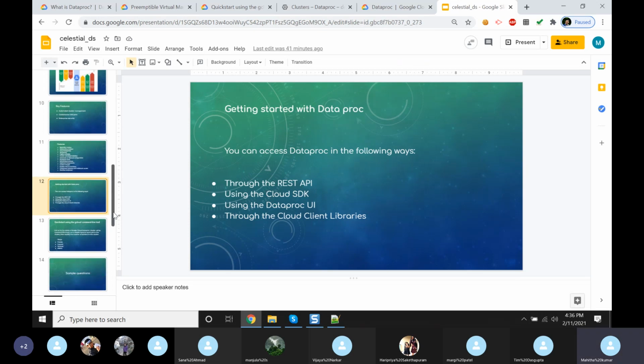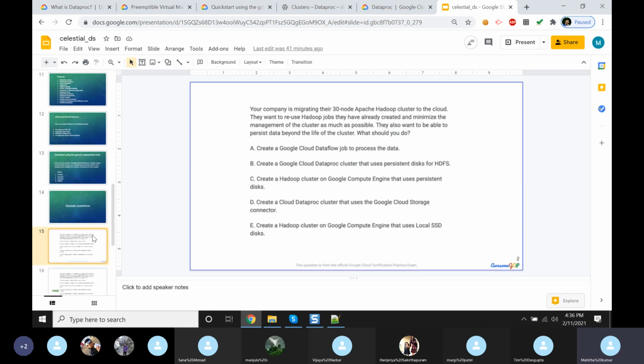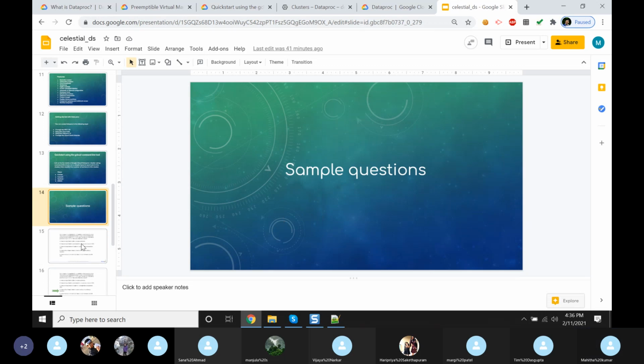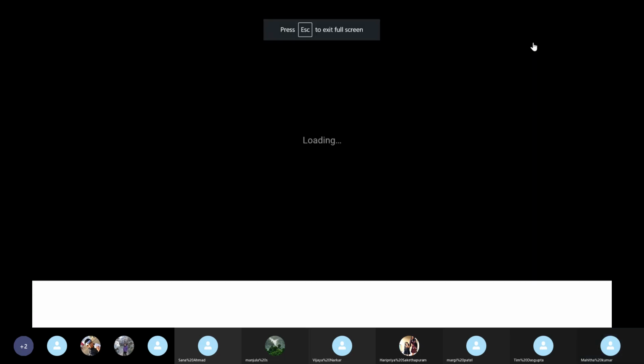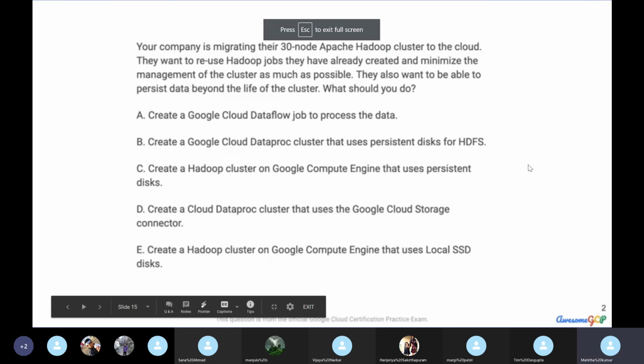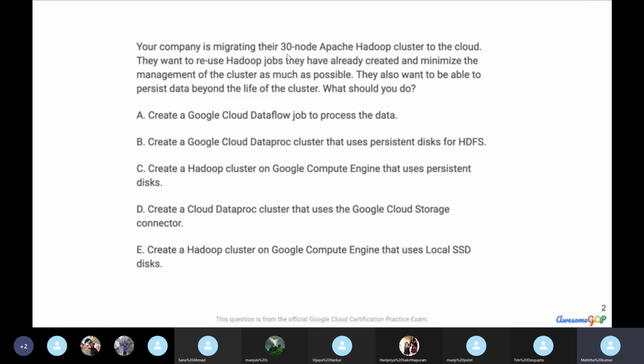So I wanted to show you some sample questions. Here the question is, your company is migrating their 30 node Apache Hadoop cluster to the cloud. They want to reuse Hadoop jobs they have already created and minimize the management of the cluster as much as possible. They also want to be able to persist data beyond the life of the cluster.